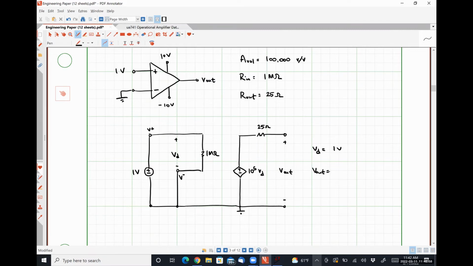What is our output voltage? A 100,000 volts, exactly right, because there's no current flowing through this 25 ohm resistor since we're looking at an open circuit voltage. So since there's no current flowing through the 25 ohm resistor, V out is exactly equal to 10 to the 5 times VD. So supposedly,